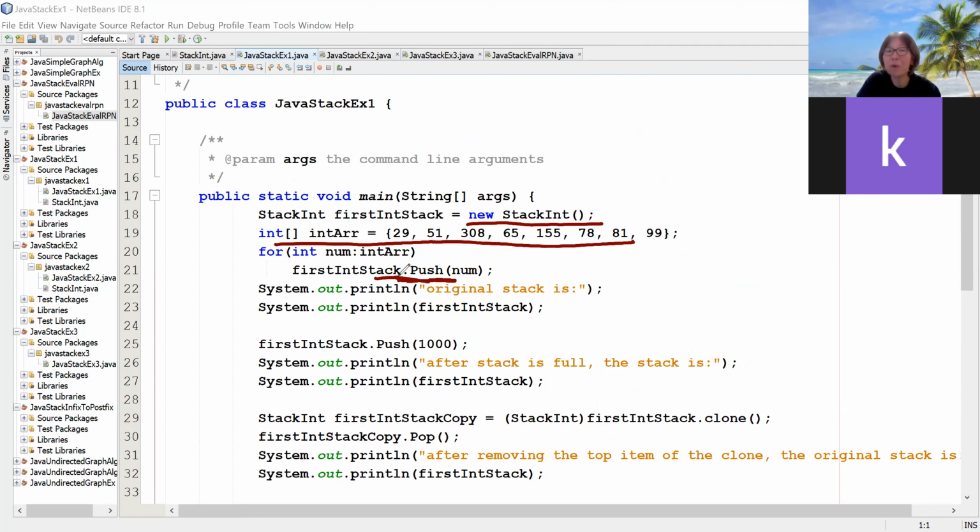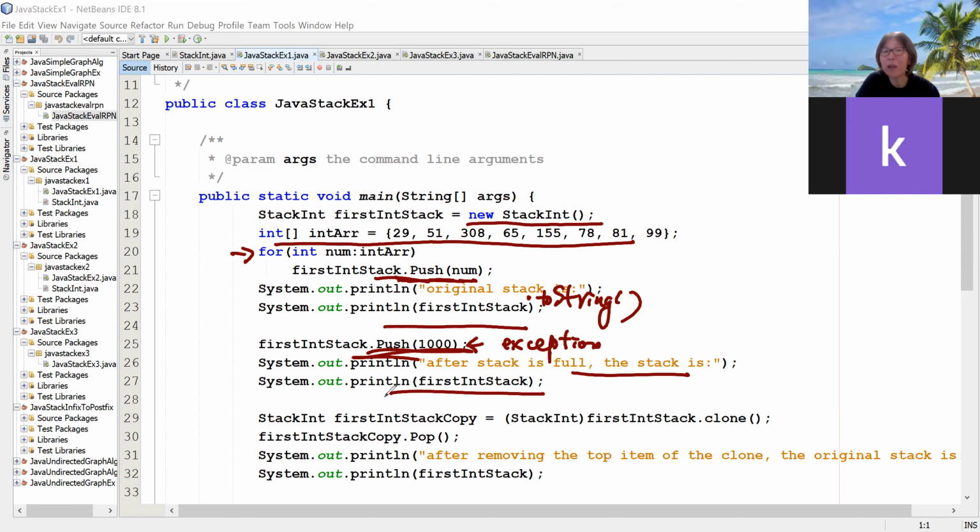Then you just call push, using a loop to add item by item to the stack. And here we output our stack. Basically over here it's equivalent to you invoking toString. And if you want to add another item, 1, 2, 3, 4, 5, 6, 7, it's already 8, you will see some exception